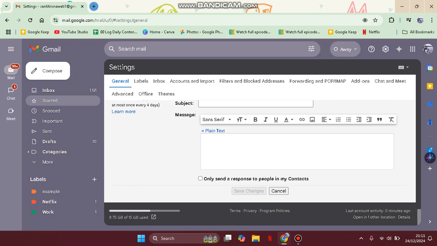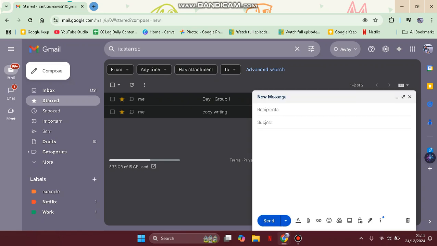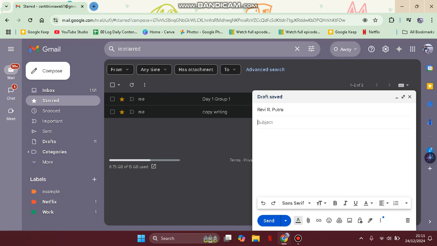Okay, now you can just send an email and undo it. I'm going to show you how. You can tap on compose in here, enter the recipient and subject. Okay, I'm going to just run A, and now you can just click on send at the bottom,